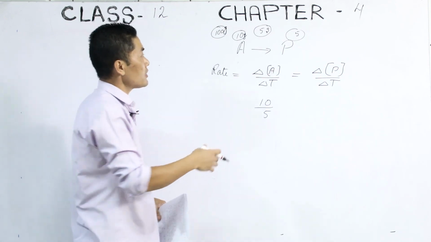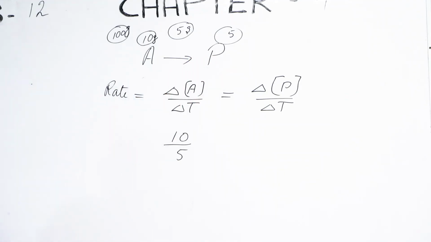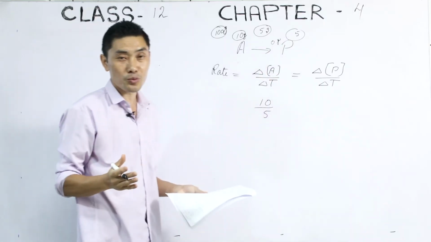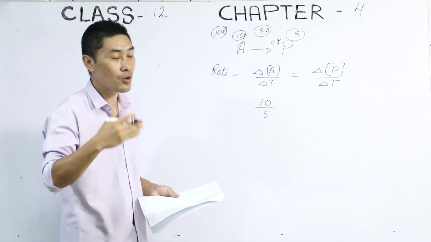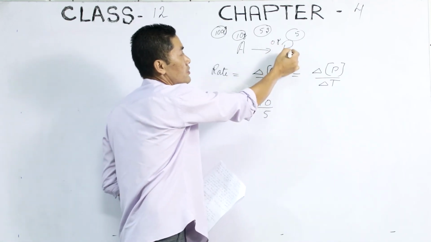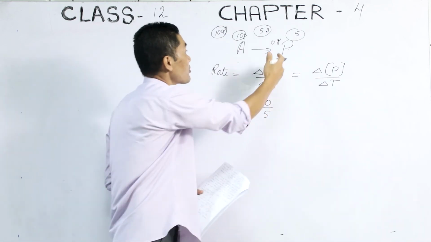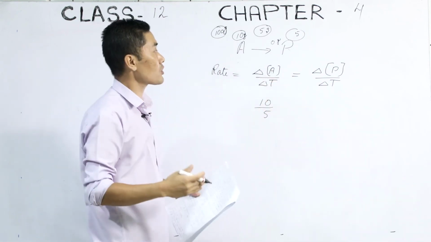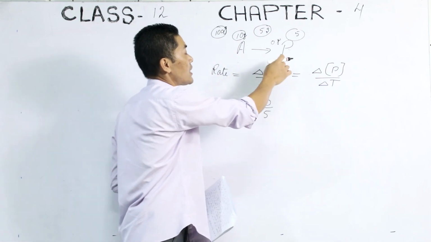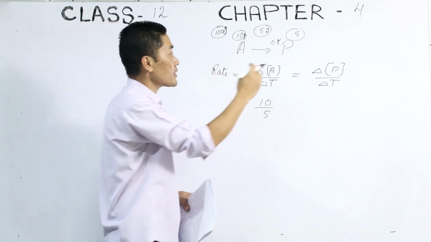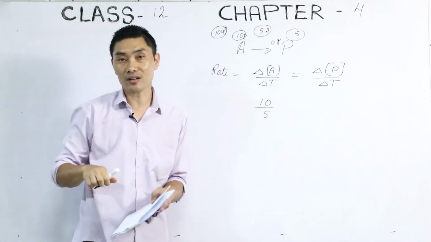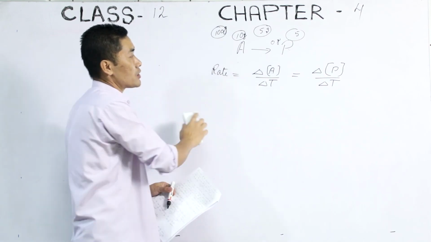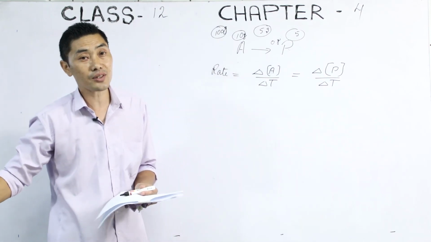will give us the rate of the reaction. Similarly, in the case of products, it increases. We start with 0 gram of the product. In the beginning, there will be no products, but once the reaction starts and it goes on, the product starts forming, and the concentration of the product will go on increasing in the course of the reaction. So the increase in concentration of the product divided by the time taken will also give us the rate of the reaction. So here, rate can be defined as the change in concentration of either the reactants or